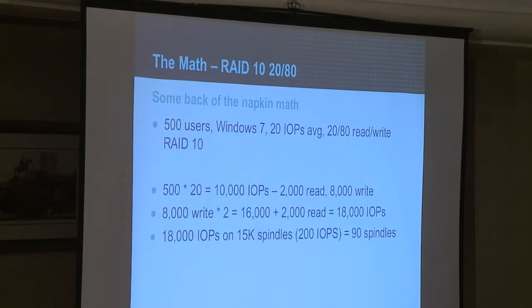And I think Ruben was talking about this this morning. This is more in line with what I see in environments, and what he sees in environments. I've talked with a lot of other consultants. This is probably close to what I would tell people to guess with. So still 10,000 total IOPS, but now basically 2,000 of those are read and 8,000 are write. With RAID 10, that 8,000 turns into 16,000 write IOPS, plus our 2,000 read for a total of 18,000 IOPS.